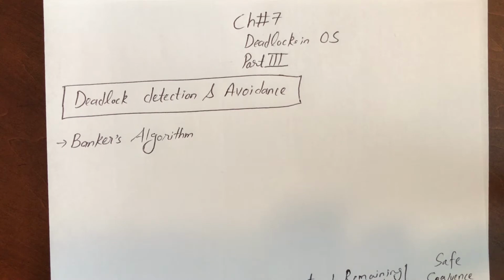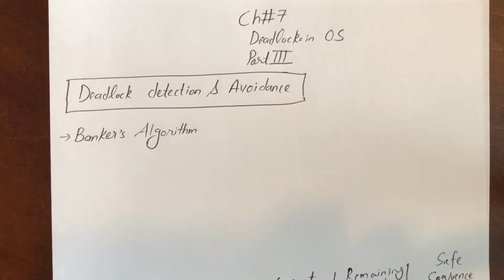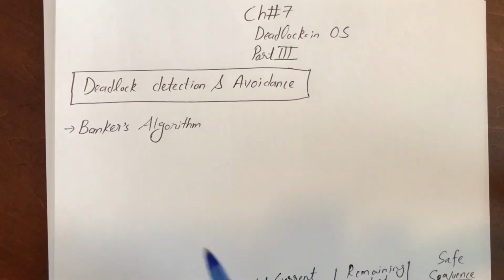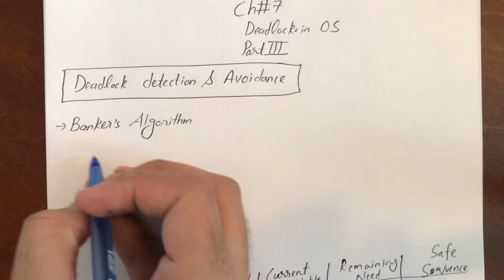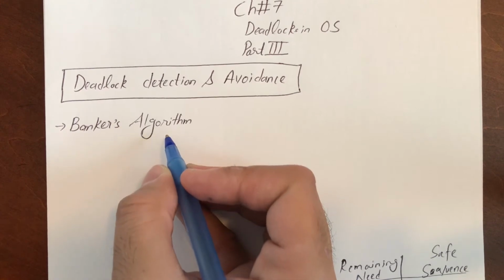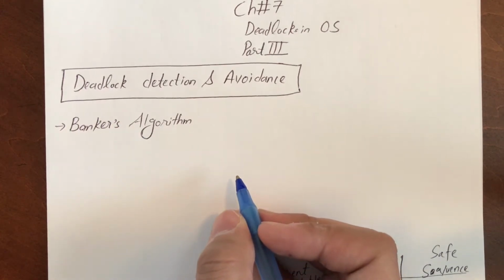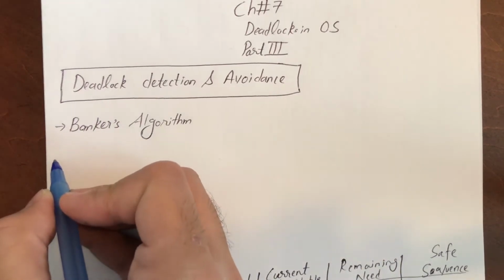deadlock. Mostly for avoidance of deadlock, we use Banker's algorithm. With Banker's algorithm we can detect the deadlock. We can also avoid the deadlock. So